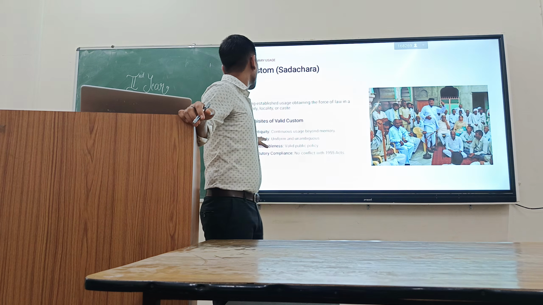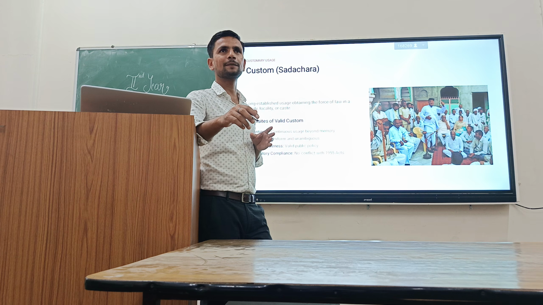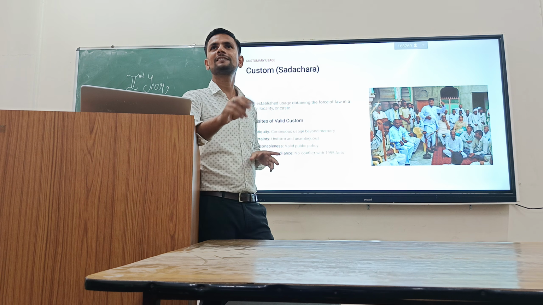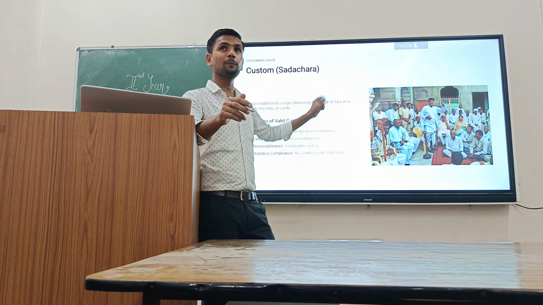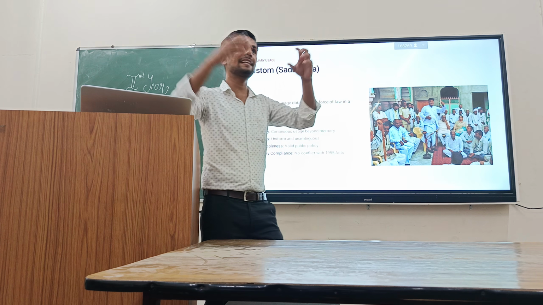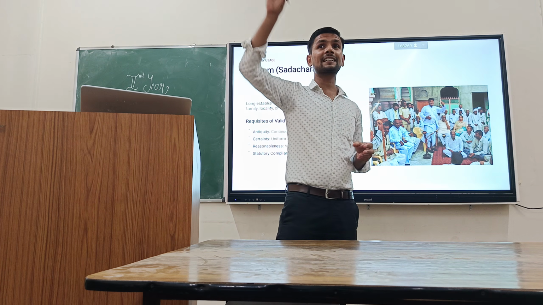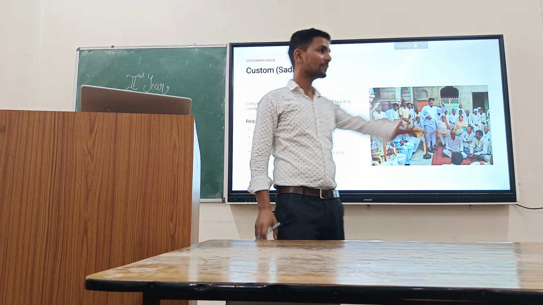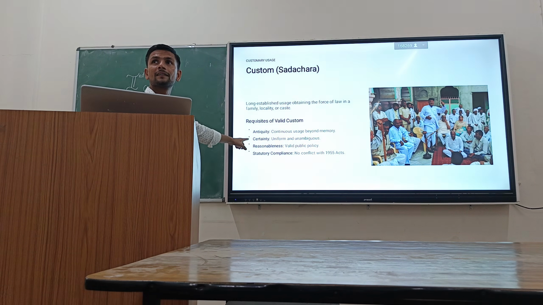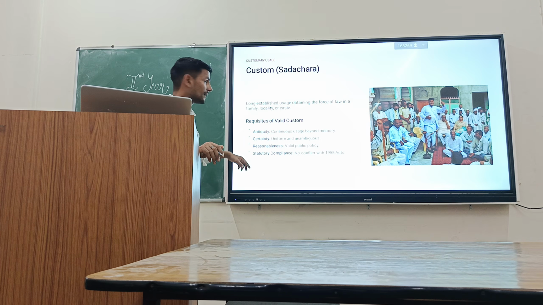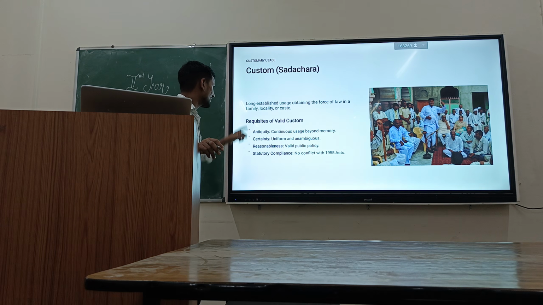So on the basis of that, we are having customs. If suppose a particular custom is being followed at some place, then on the basis of that, justice will be given, and not on the basis of the text that was written earlier. It is also mentioned in the Smriti. If suppose there is some clash between the text and the custom, then at that particular place, custom will prevail and not the text. So in this custom, four different characteristics should be followed. In order to call a particular practice a custom, requisites are there.